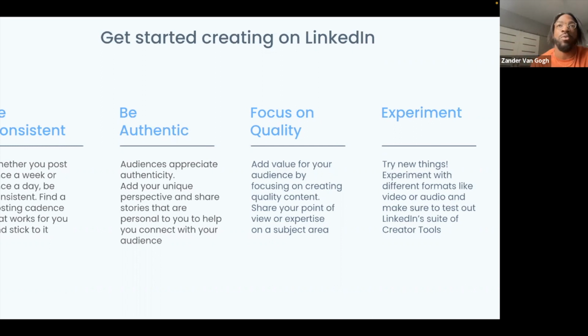The last thing that I want to leave with you all in terms of thinking about how you're creating content on LinkedIn is this. Find a way to hone in on your voice to where you can still be unique and have your own swagger, your own personality, your own unique value that you bring to the table, but also be very relatable to your audience.